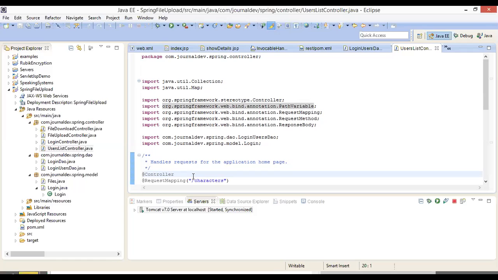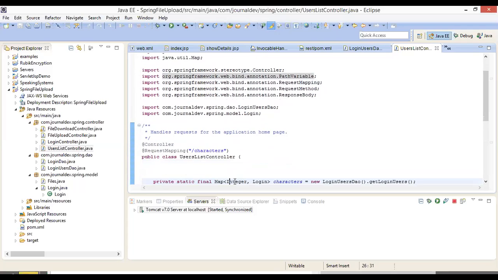Then the URI, as I said, RESTful mainly works on URI based retrieval of data, uniform resource identifier. So you have to give a URL that is required to show your data. That's why for creating a URI, we need an annotation called request mapping. So @RequestMapping /characters. This is a part of your URI.